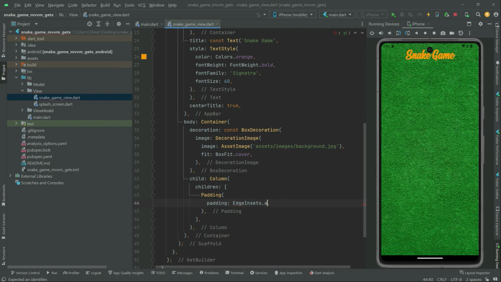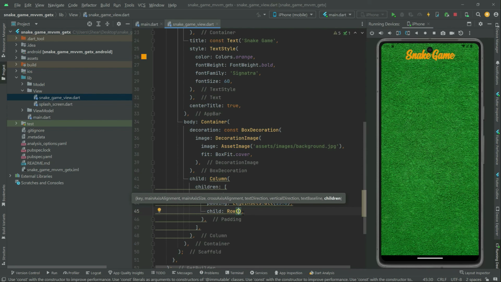We'll go with that dot all. We will just apply it to the all side, and in here we'll set it to 15.0. You guys can see that. Now in here child, we'll take the row widget over here. It's going to be right in the row. As I told you already, the score system will be here, and also in the row right here there will